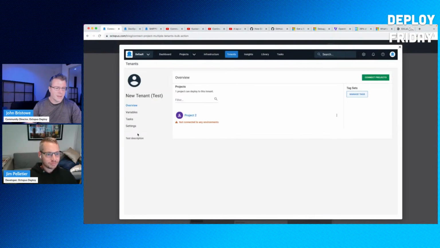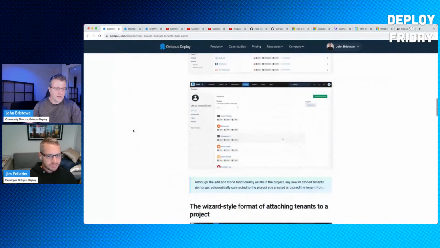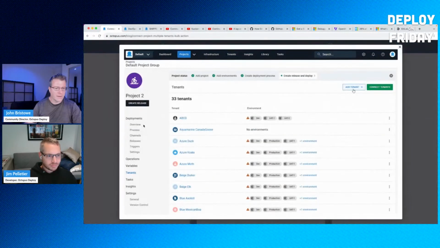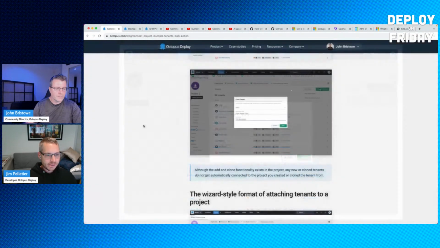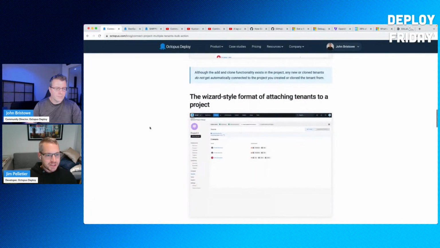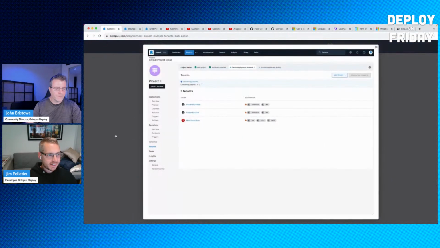And this is, I guess, the old way in which you would do it. And then now you can connect tenants directly, and he's starting to clone a tenant here, but basically you can connect a lot of tenants to a lot of projects now, which is awesome. Yeah, it's great. A little bit cumbersome before. So much easier now.